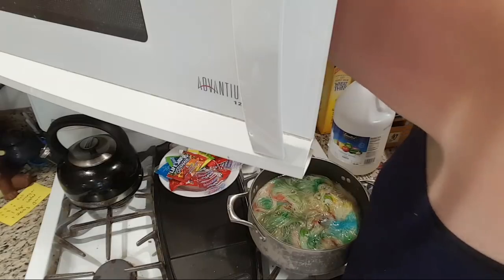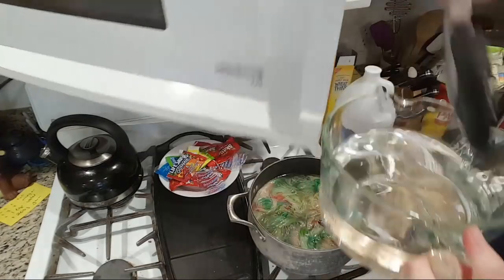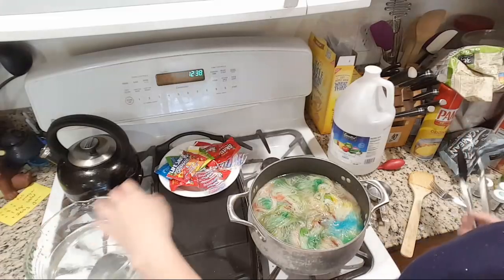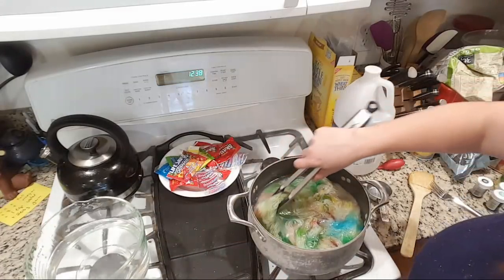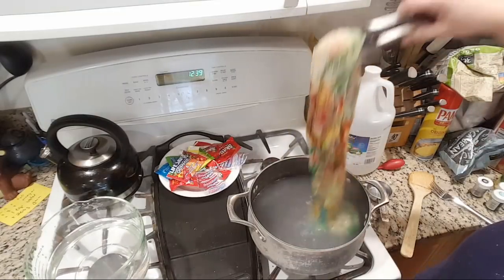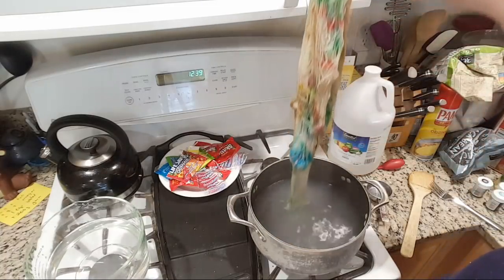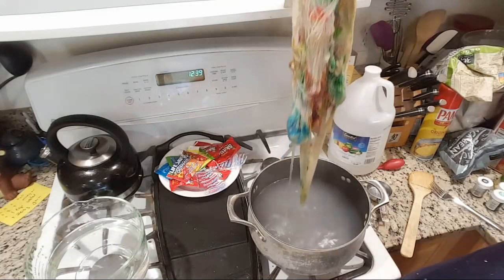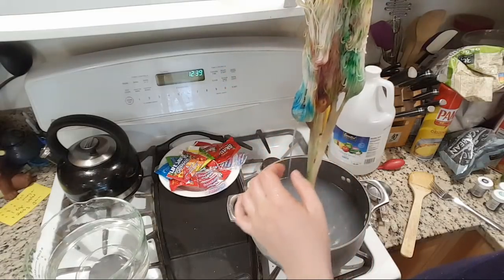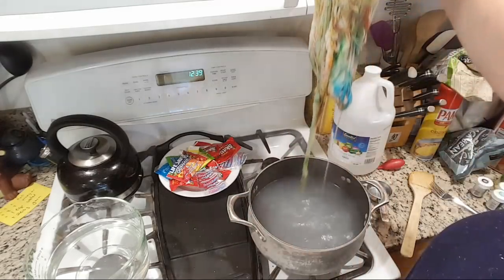Okay. So this water is not hot by any stretch. This is not hot water, but it is comfortably warm. Check it out. Let me get a good grip on the middle. Look at all those colors. So we've got a lot of speckling. I'm impressed we got as many blues and greens as we did. There's a little bit of brown, but